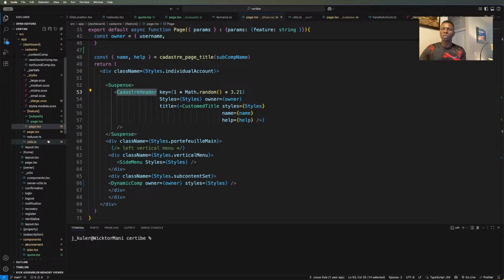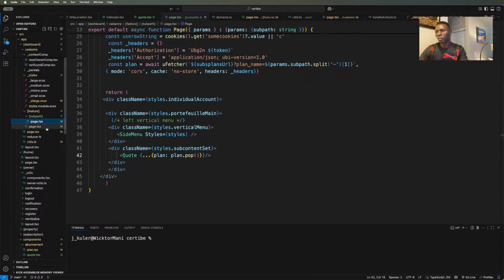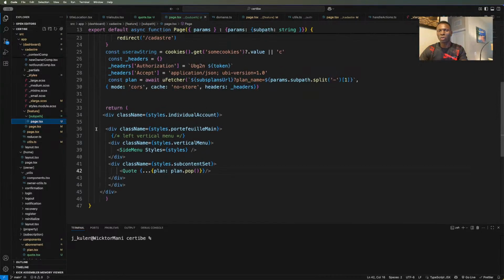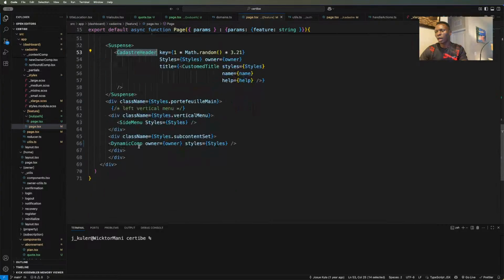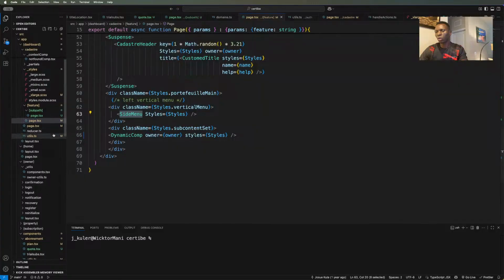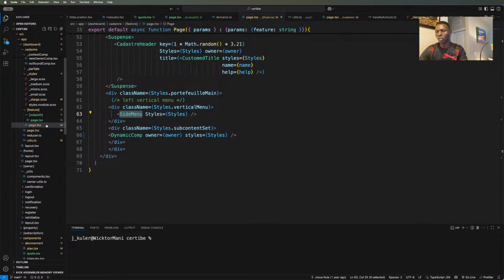As far as I'm trying to make things simpler, because I don't wanna build Google in one day. Google or Gmail was not built in one day. I'm trying to make things as simple as they can be. And so I'm gonna move this header and the side menu if I can, because I don't know if I've already